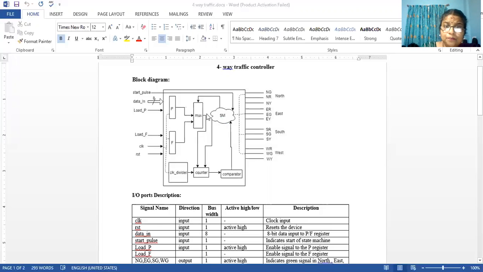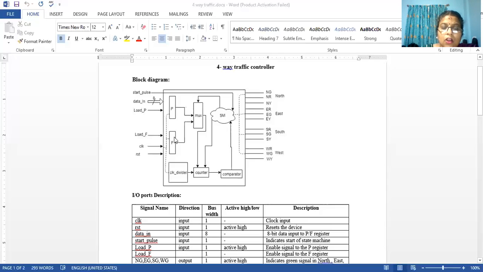For example, a mux is combinational logic. The counter is sequential logic. P and F are two registers where we are going to load values; I will explain it in detail. SM is a state machine, which is again sequential logic. The comparator can be combinational logic.